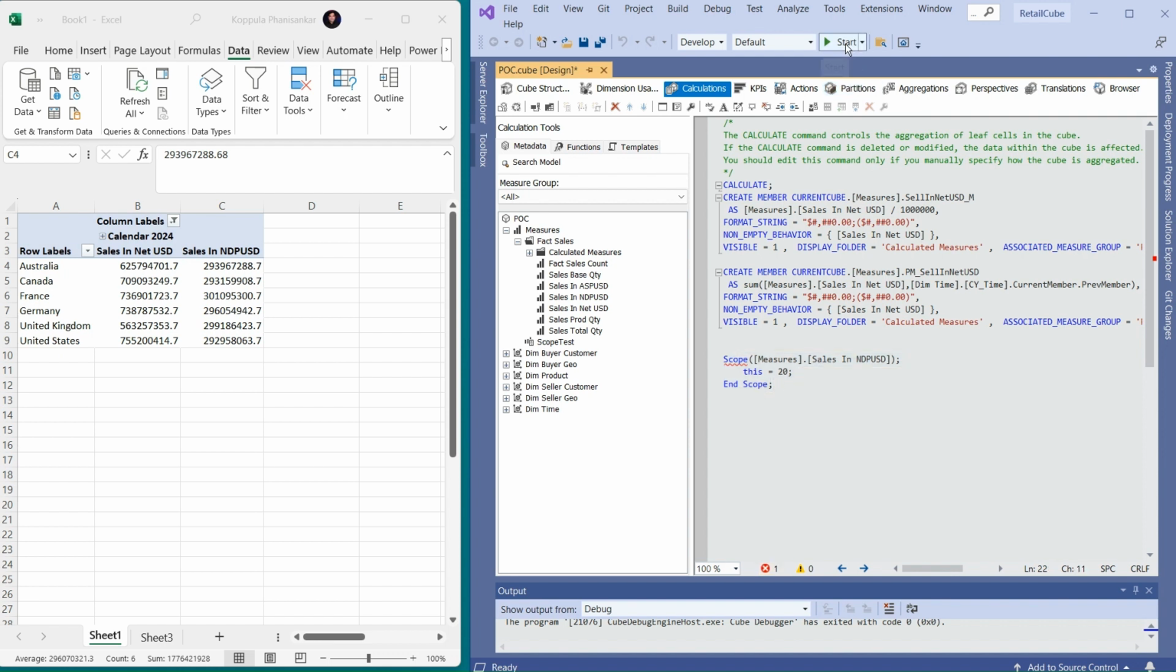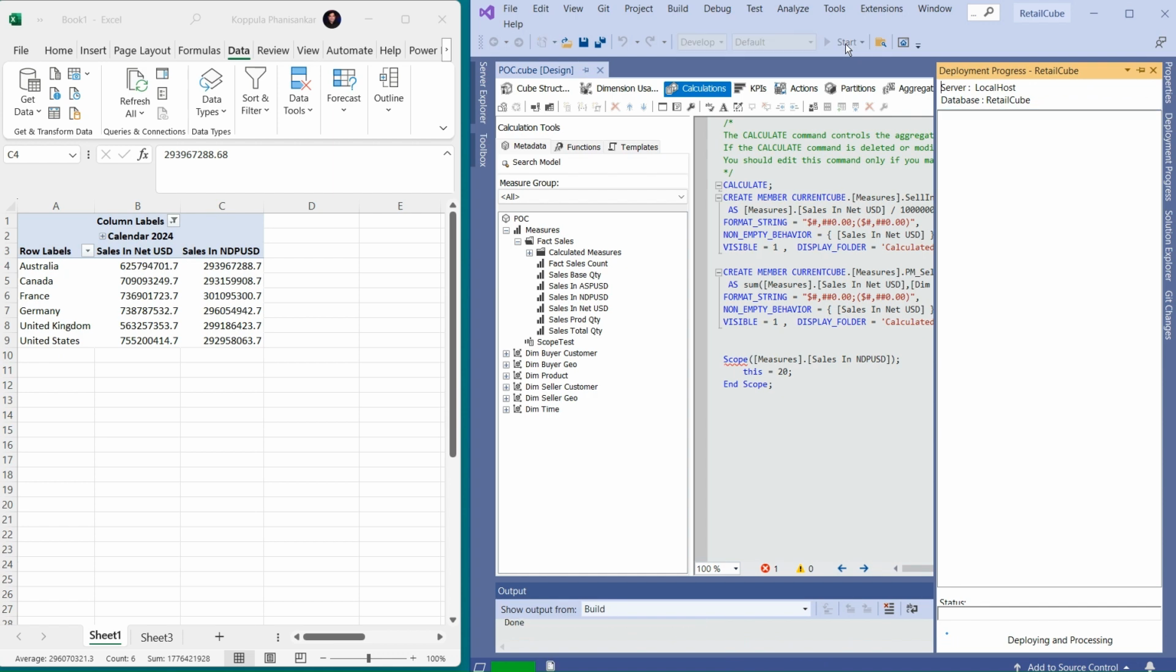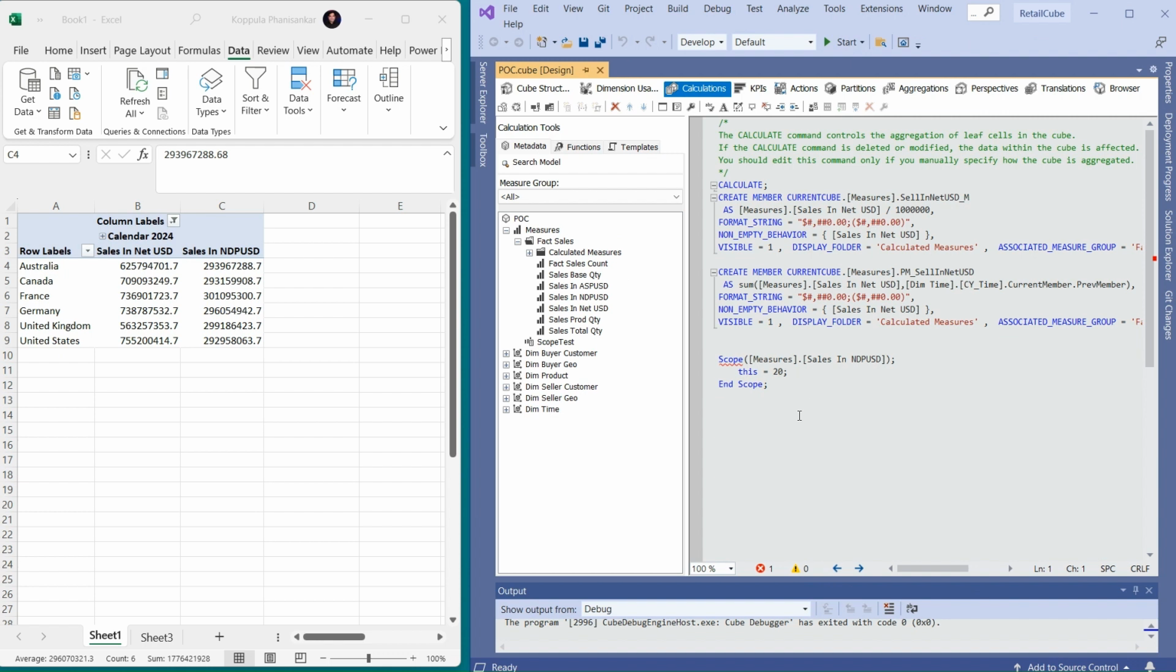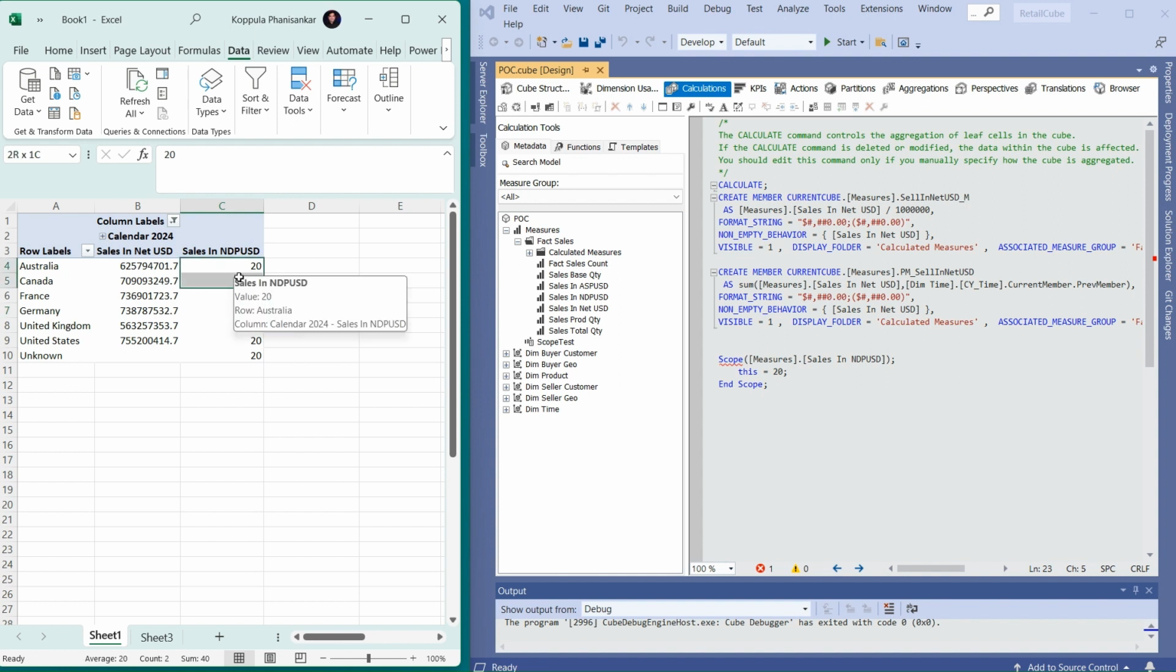Now let me deploy this calculated scope, and then we'll refresh in Excel. Okay, my change is deployed, my scope function is deployed. Now I go to the Excel file and refresh all. Now you can see my NDP USD value has changed to the hard-coded value. Whatever values we have in the main cube, which is under POC,